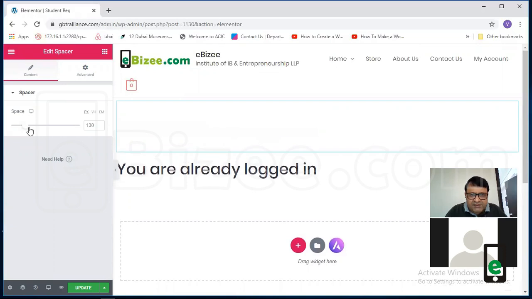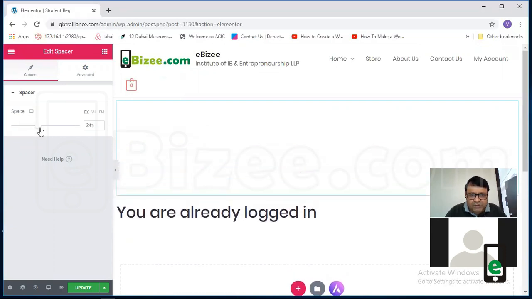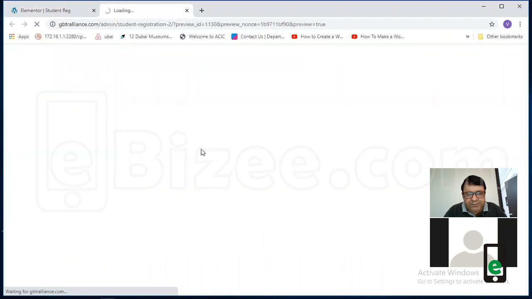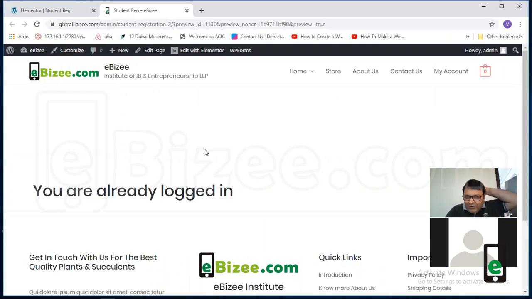I can increase the size of the spacer. Now when I update, I will see there is a gap. Is it okay now? So this gap has come now, because we have put the spacer element here.